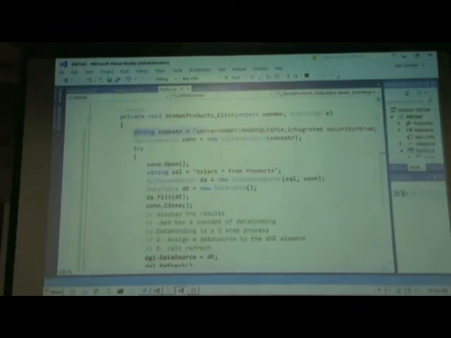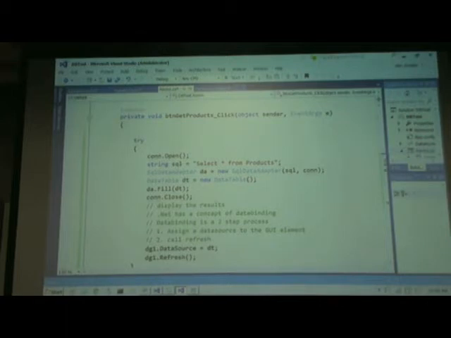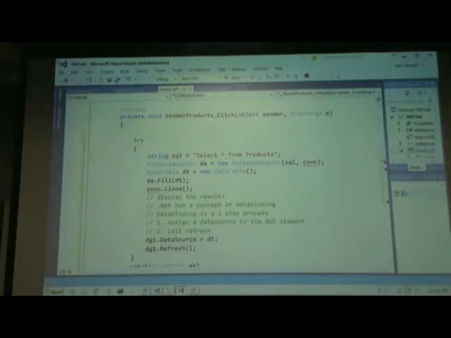Do we have to worry about creating the connection or anything? No, all of this disappears. So let me delete that. Do we have to worry about opening the connection? No. All we worry about is composing the SQL. That's it. And once we compose the SQL, we'll call our,